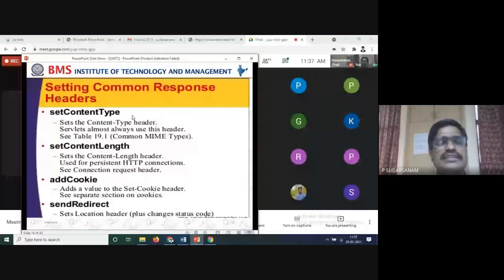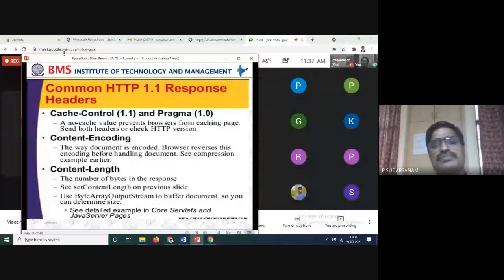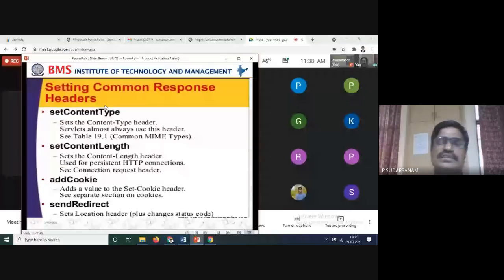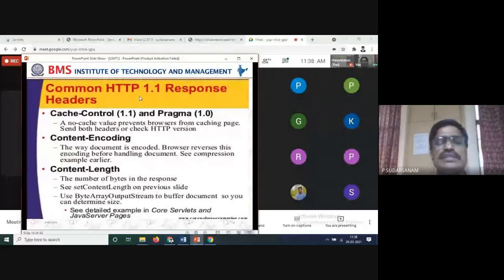And here are the common HTTP 1.1 response headers. So this one is the response headers, some of the common HTTP ones. Cache-Control 1.1 and Pragma 1.0. Different browsers, how it will be working, what the common ways are, all these things, since we are using different browsers, we will see.